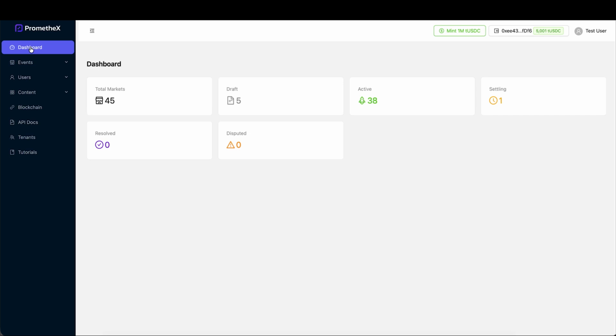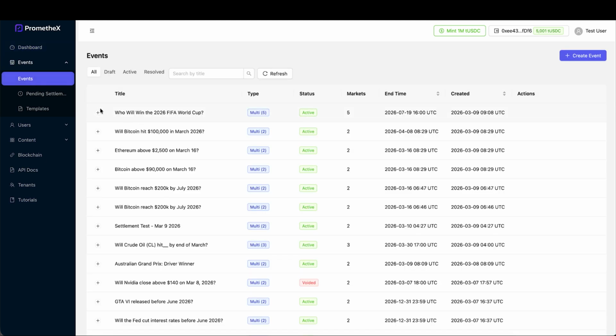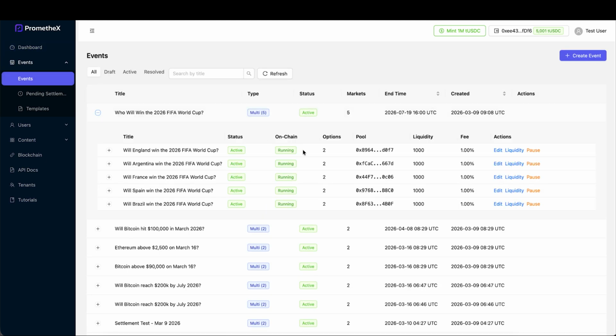Once a market is live, you have several management tools at your disposal. The liquidity panel lets you add more capital to the pool as trading volume grows, or remove liquidity if needed. The pause button lets you temporarily halt trading without voiding the market. This is useful if you need to investigate an issue or make an announcement. The actual settlement process happens on a dedicated page once the market's end time has passed, which we'll cover in